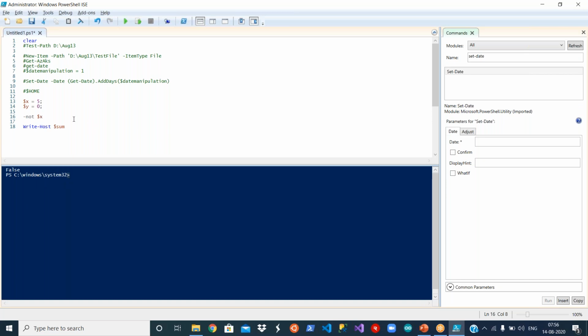Now write $x. You can remove this. This is a negation basically. So $x is a non-zero value, so that means basically it is true. But when I applied a not, it became false. So simply if I make it 0, then it will become true. You see the bottom, true. Actually, it is a negation.